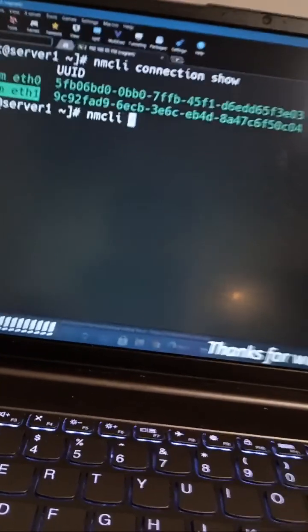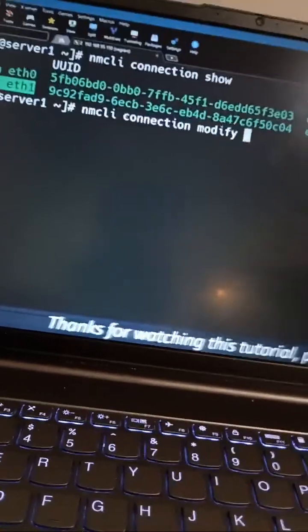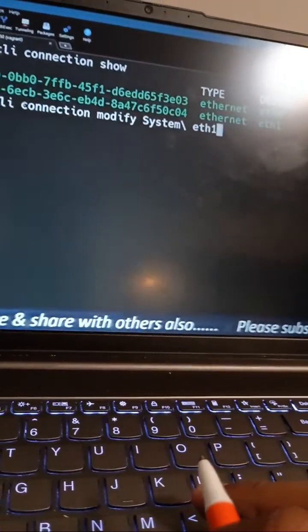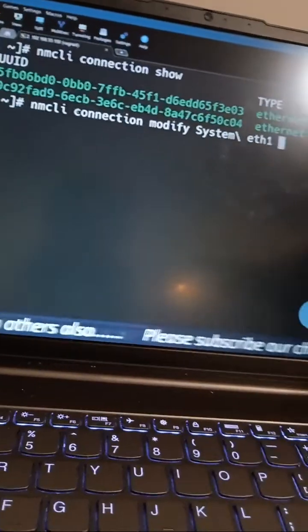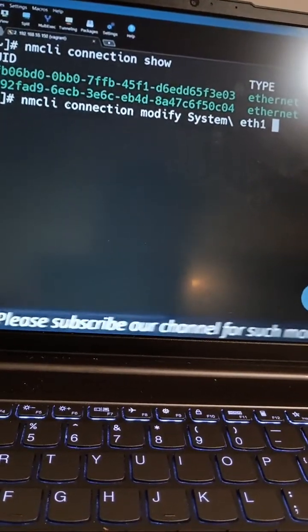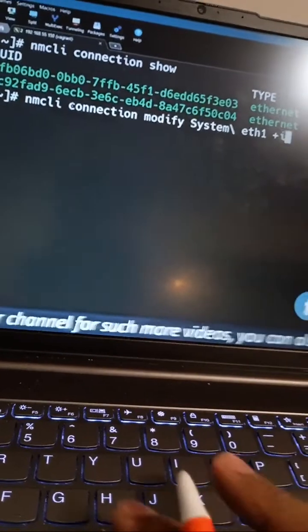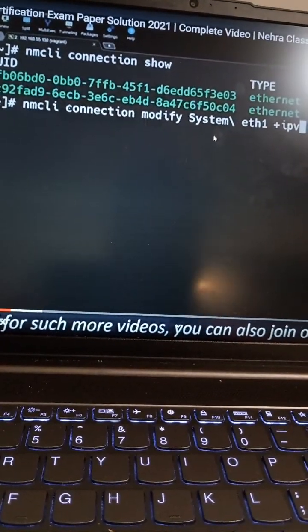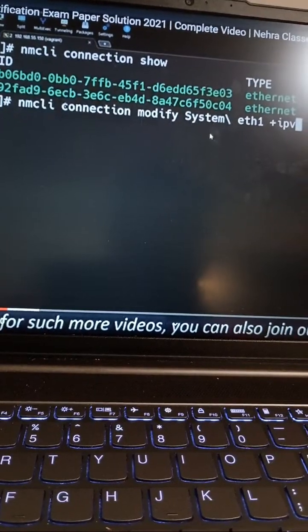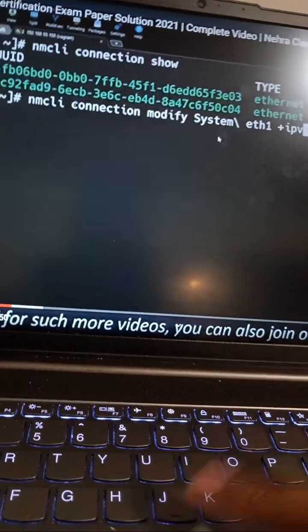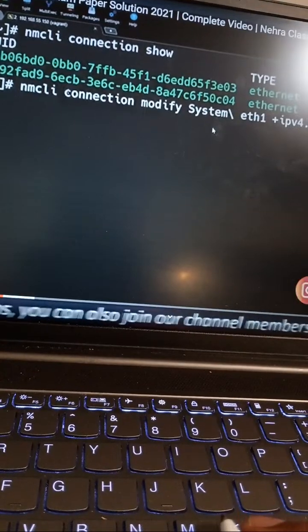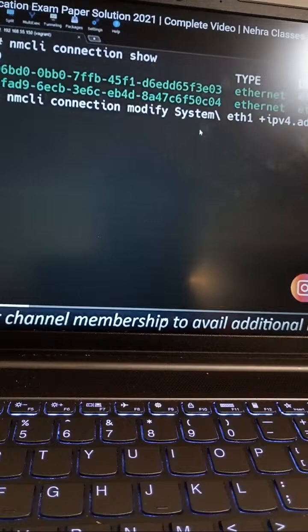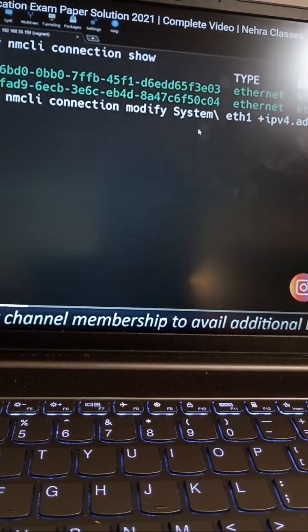So we can execute nmcli connection modify, and after that we will mention the name, that is System\ ETH1. We are giving a backward slash here for giving the space, and there we will add the IP address. So we will mention here plus ipv4.addresses, and we will mention